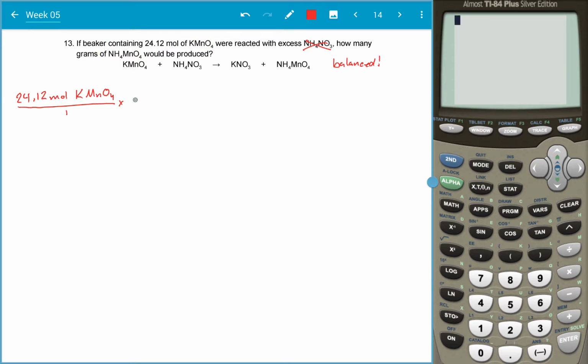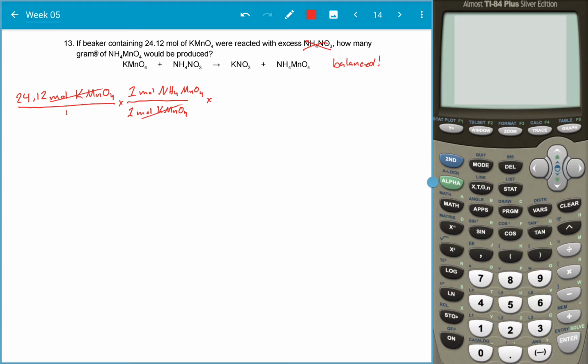So that step of switching chemicals is what we need to do next. Since everything has a 1-to-1 coefficient, 1 mole of potassium permanganate would give me 1 mole of ammonium permanganate. So my potassium permanganates have canceled out,